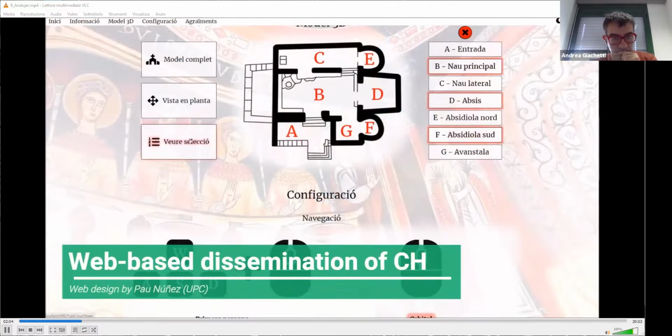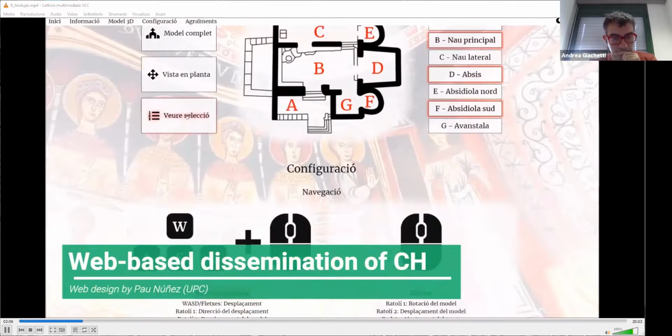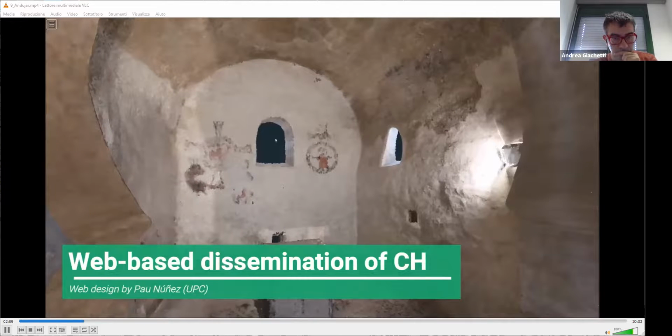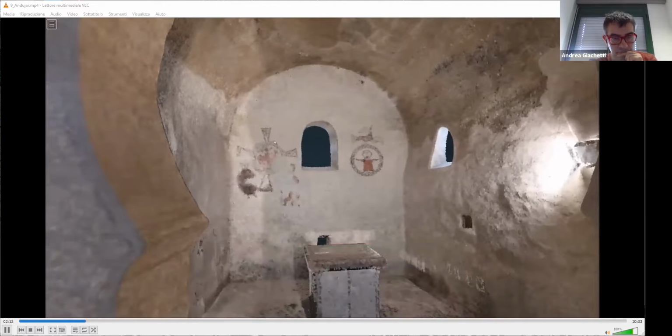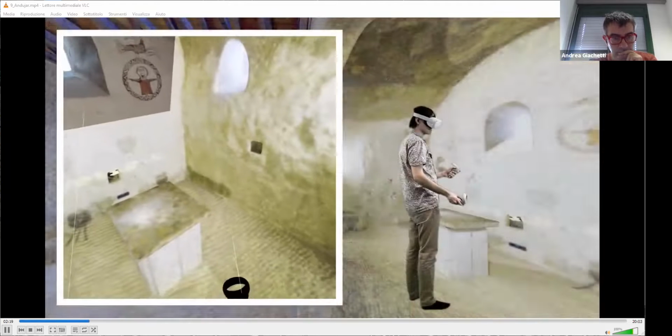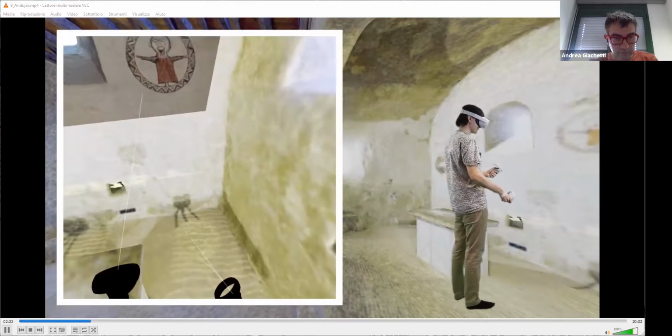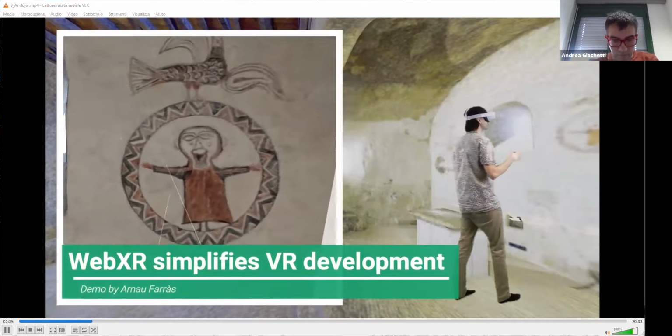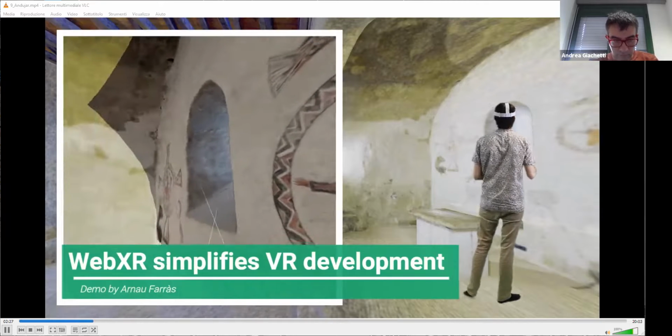Since the web is open and based on well-defined standards, anyone can publish content, which in turn can be accessed by anyone. Furthermore, web browsers exist for many platforms, including computers, tablets, smartphones, TVs, and even VR headsets. Actually, VR headsets are the focus of this work. Many VR devices today are supported by the WebXR Device API, which provides a platform-independent way for accessing these VR and AR devices. So as I mentioned, 3D navigation is an essential task when interacting with 3D scenes,